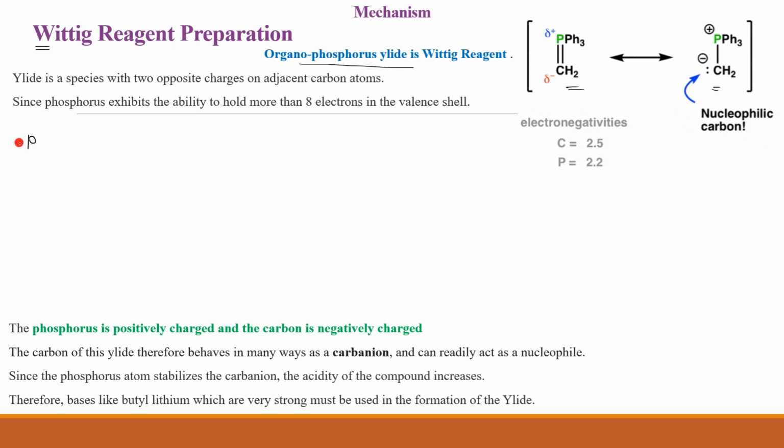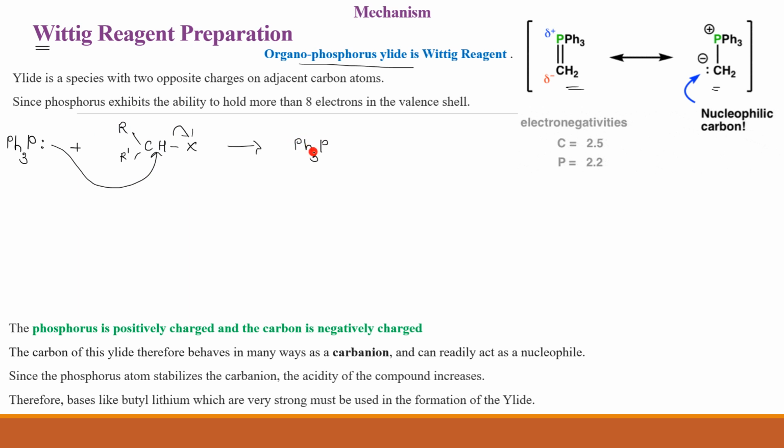First we take triphenylphosphine. Phosphorus belongs to group 15, so it has this lone pair of electrons. And an alkyl halide is taken. So this is your alkyl halide. Now I'll simply write here substitution, and then we will see some examples. What happens is this electron pair attacks the carbon over here, and this is your leaving group, right? So you get a salt.